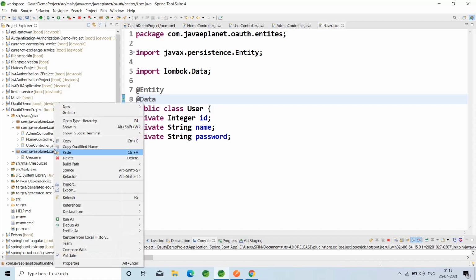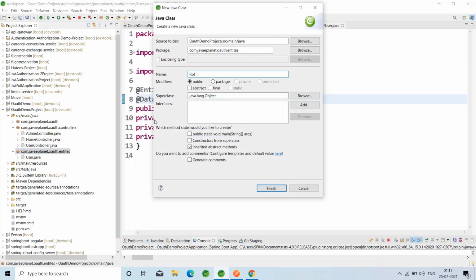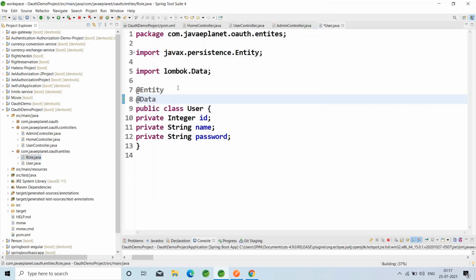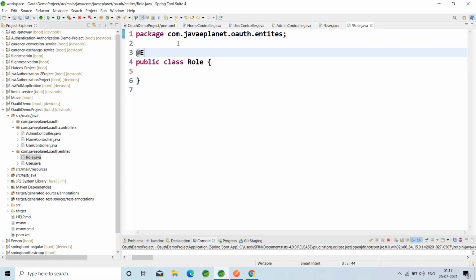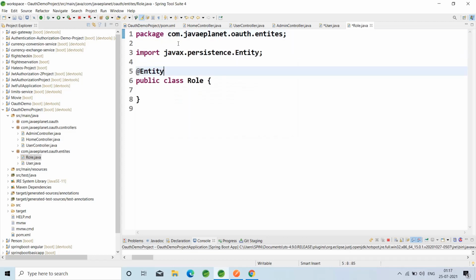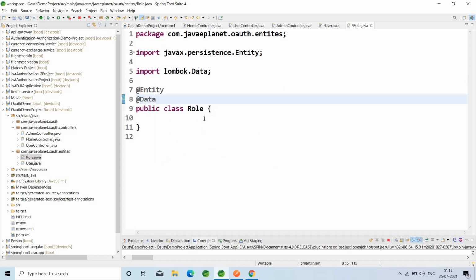Take the role class Role. Annotate this with @Data.